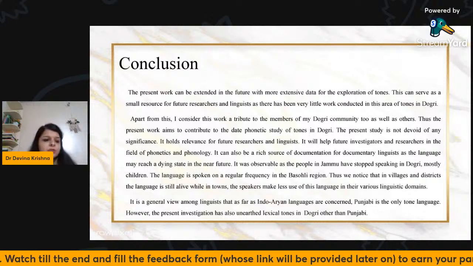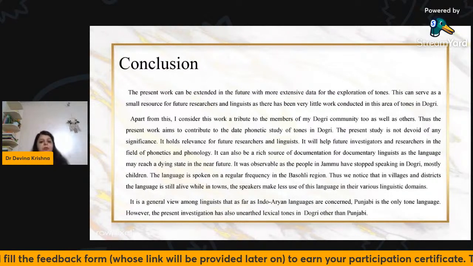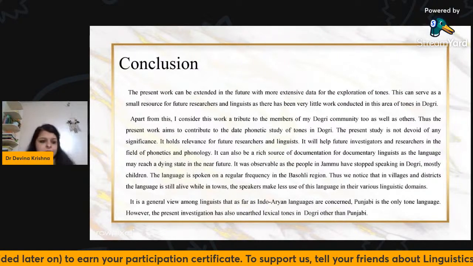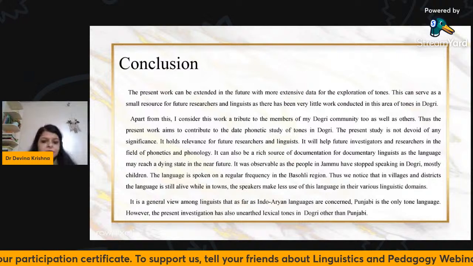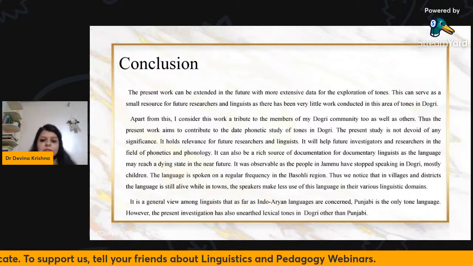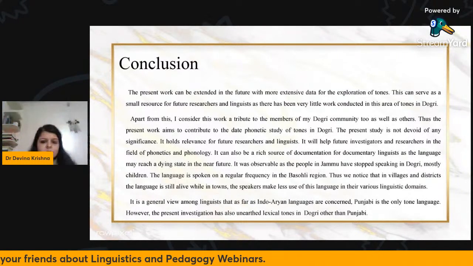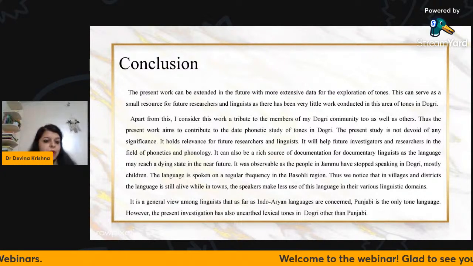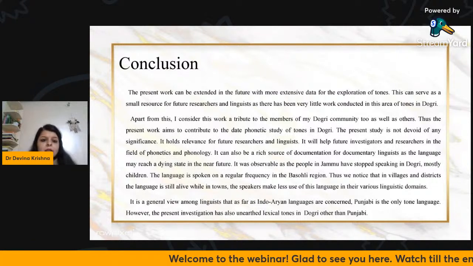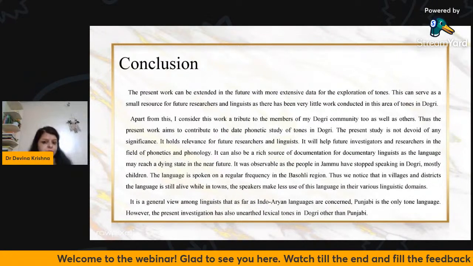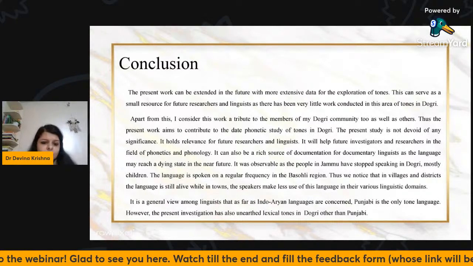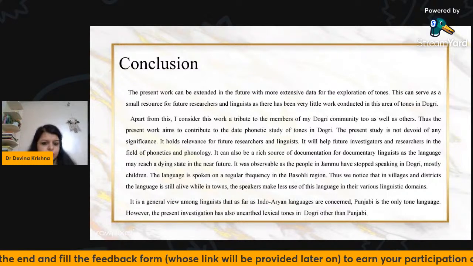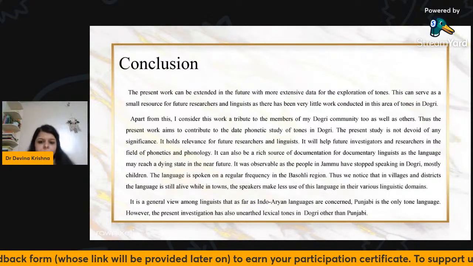There have been researchers, people from abroad, coming to India and traveling to parts of Himachal Pradesh, Jammu and Kashmir, and working in the areas of tones. For example, there's a language called Kangri, and work is going on there just to find whether tones exist or not, and also some other phonological traits. And of course, this language is my mother tongue, and I just wanted to contribute to the society, to my community, and also,